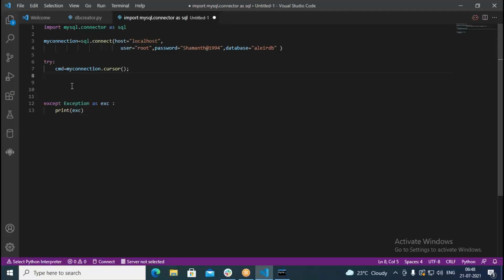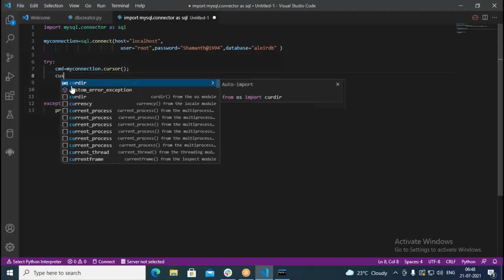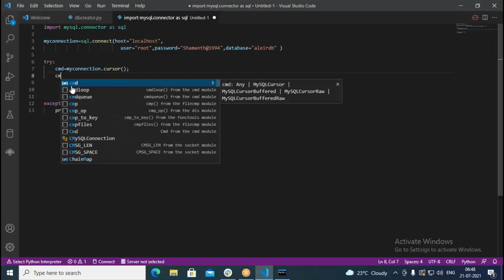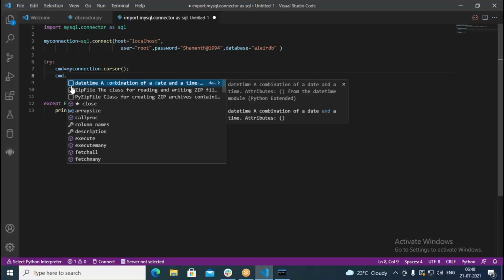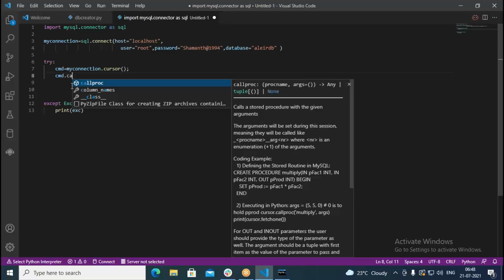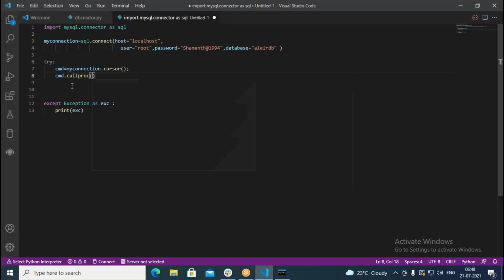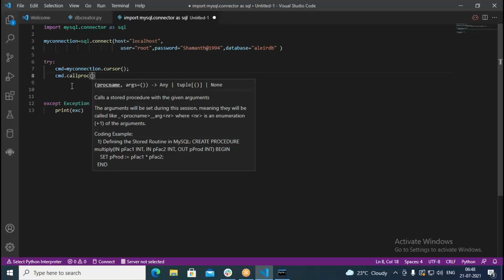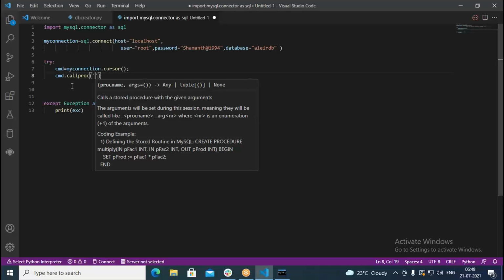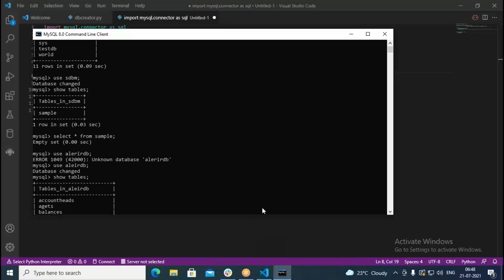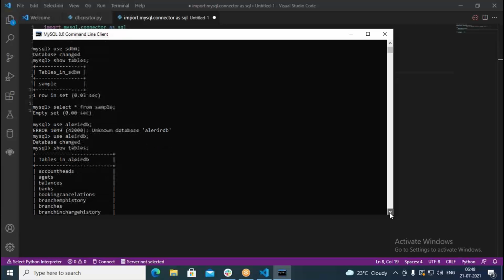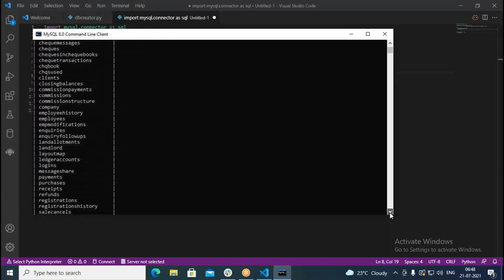To invoke the procedure, we write cmd dot, then callproc. We have a method called callproc. In this, I should specify the name of the procedure we gave.